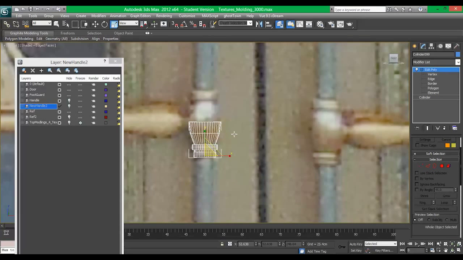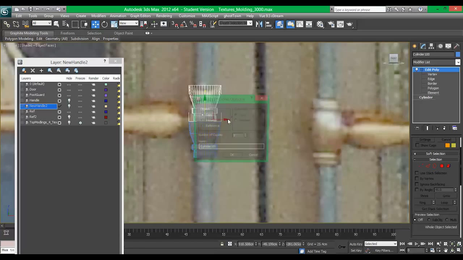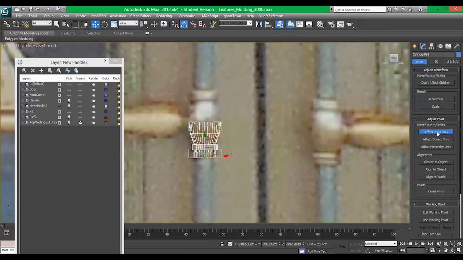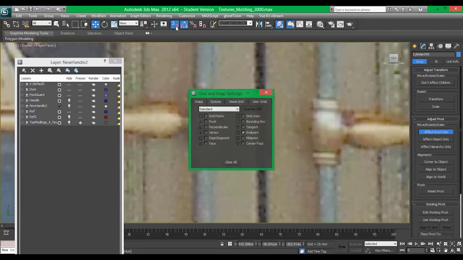So now I'm going to connect this and scale this up a bit, and scale these vertices on the x-axis only up, and then now we want to reset our pivot because, oh, snap's not on. Let's turn snap on. If we rotate it exactly 180 degrees and then move it up, now we have it there, but it's not connected, so it's not dead on the line. So let's go to effect pivot only, and then snap it to the middle,